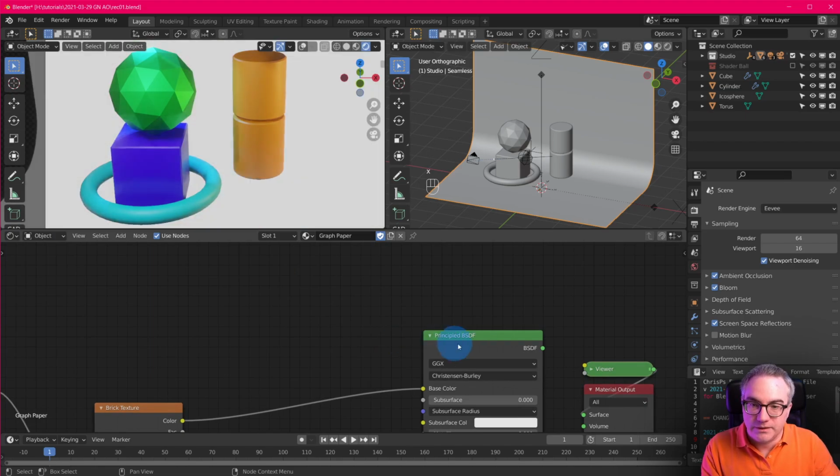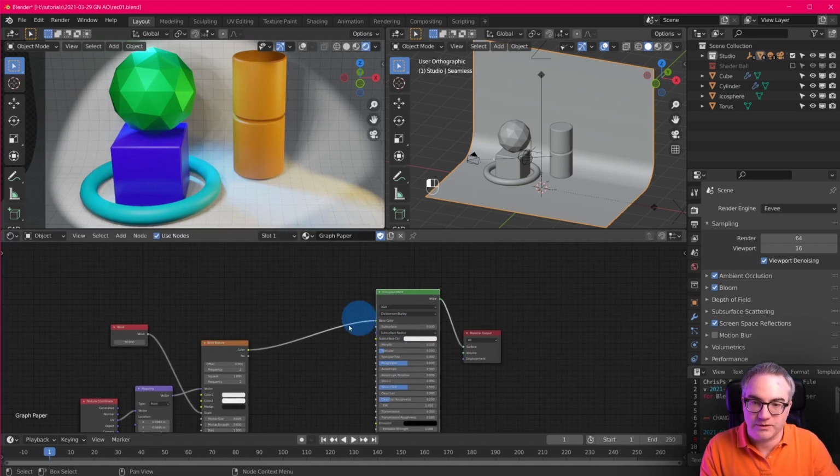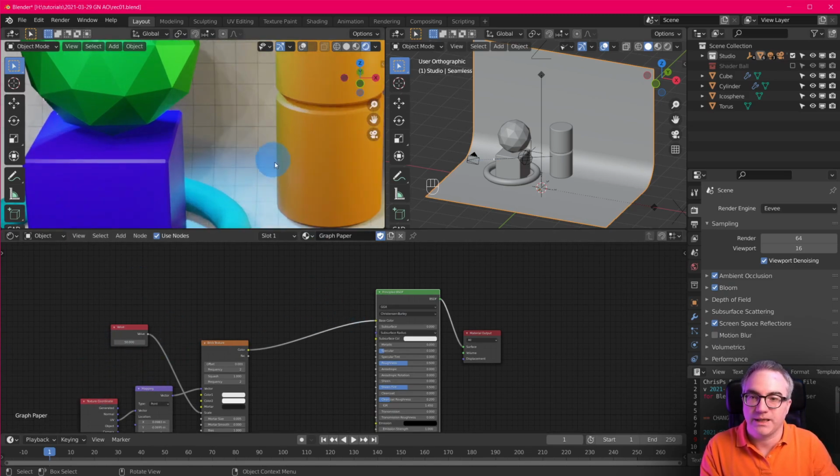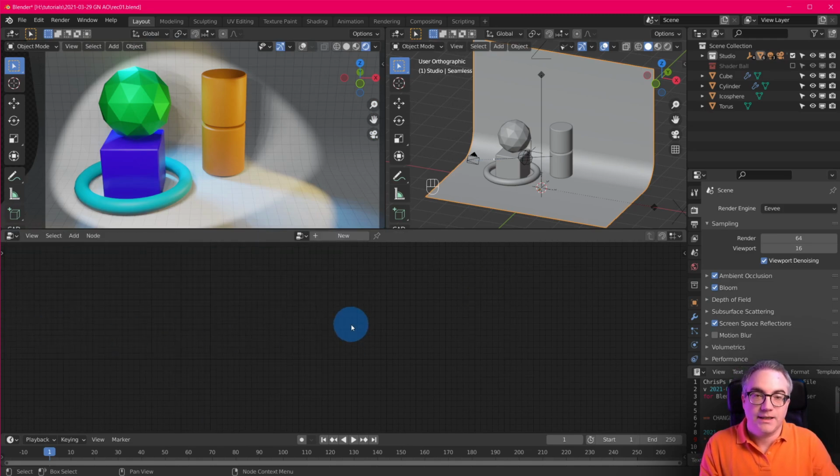Okay, so let me clean this up here. Let me switch this back to this. So we just have this graph paper back here. Okay, let's jump into geometry nodes and see how we can make our own ambient occlusion effect. We've already seen that it is based on the distance of one object to the other object where it darkens the area. So we can use geometry nodes to calculate that stuff ourselves and then use our result to influence